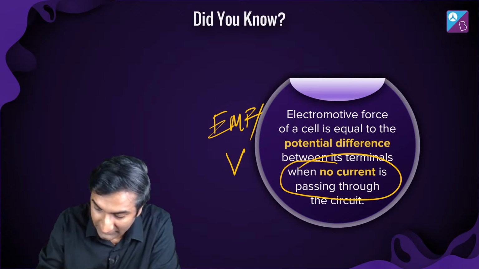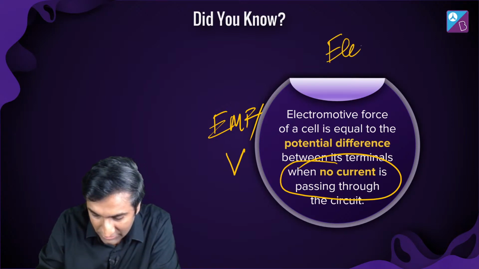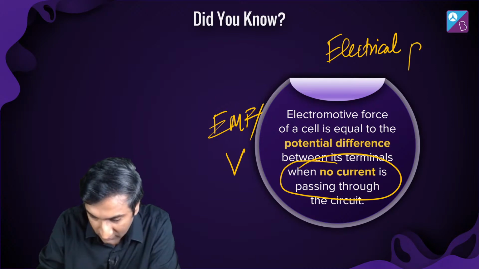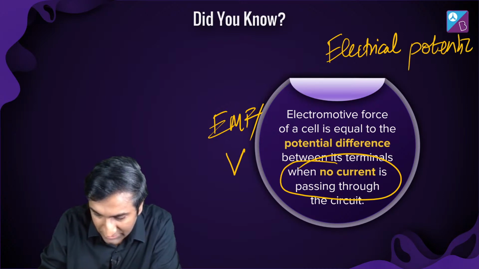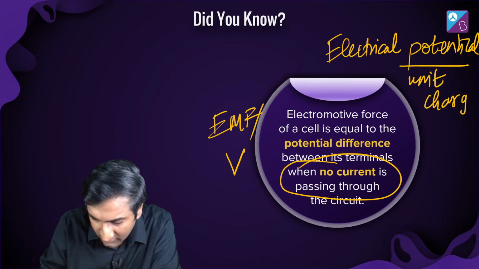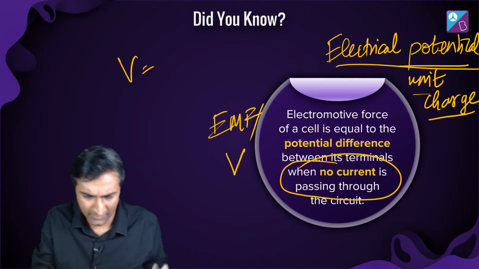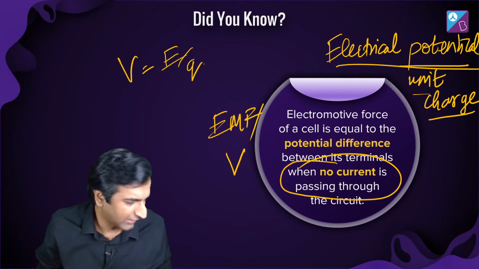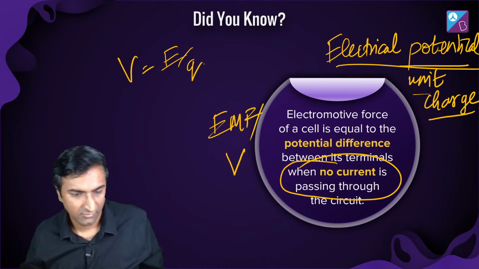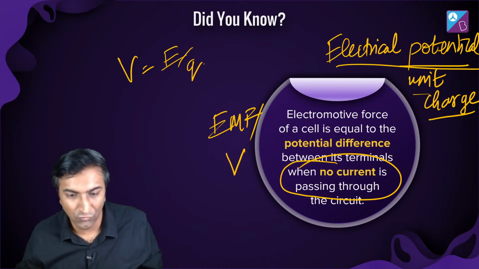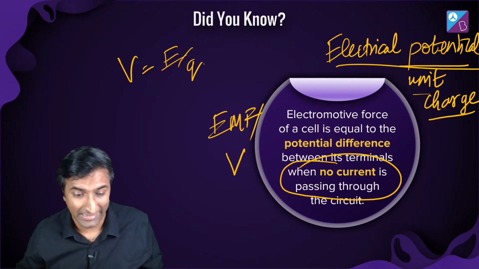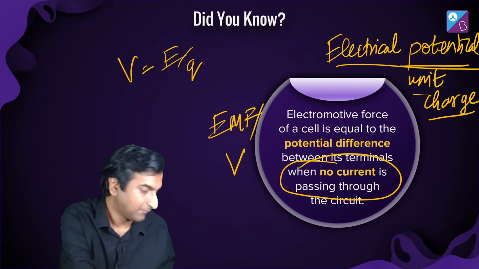This is potential, electric potential per unit charge. Do you remember this from physics or not? Does it make sense? What is the definition of voltage? E by Q. Is that correct? Is it not correct? Am I being random? Tell me, please. How is voltage defined in physics? It's the same thing. Physics and chemistry are not different. That's the first thing I want you to take away from this. Physics, chemistry, it's all the same. It's all science. Okay?